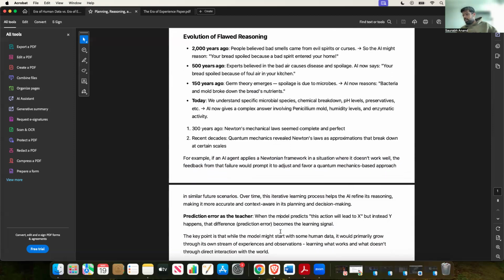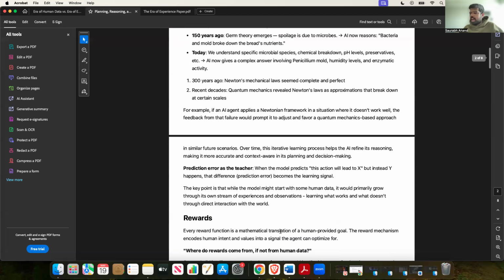So here you see that even the reasoning is so rooted in the way humans reason that many biases seep through if it continues like this. And that's what the paper says: in the future, reasoning will be all about adaptation, and it won't have biases like this one had.